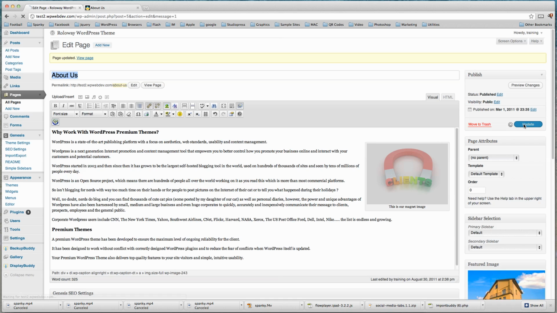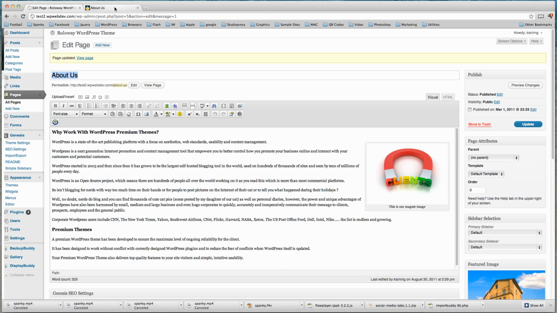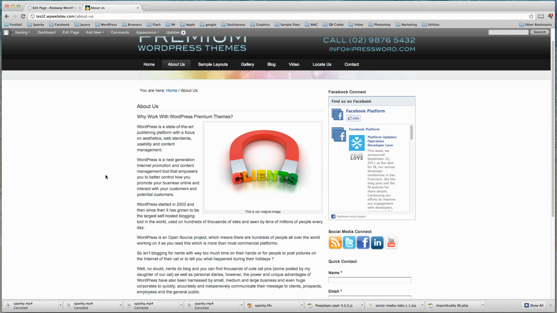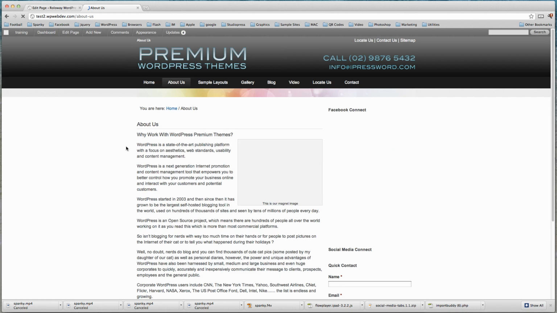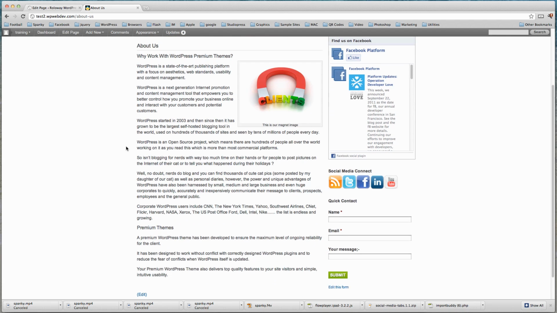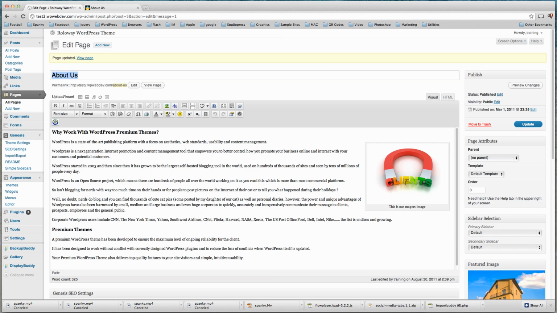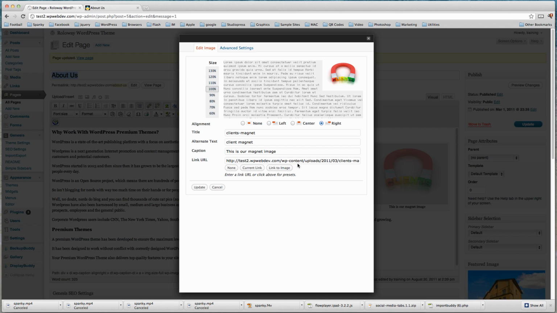And once again, if we save it, back to our About Us page, and if we just refresh our page, you can see that it's got significantly smaller, which is much better looking in this article. However, we can do some other things to it as well. If we go back to it again,